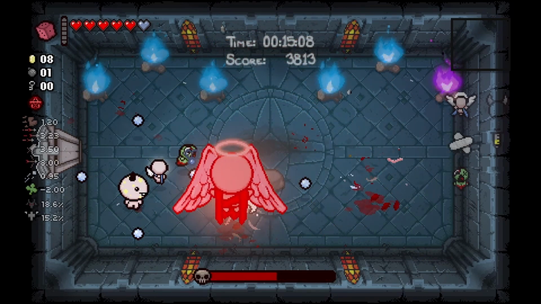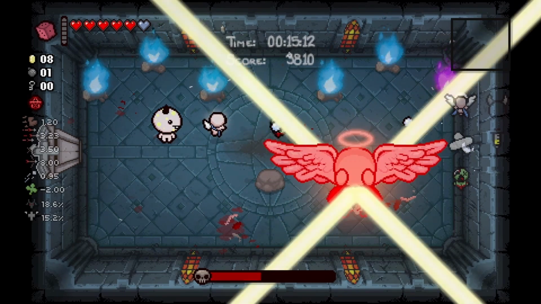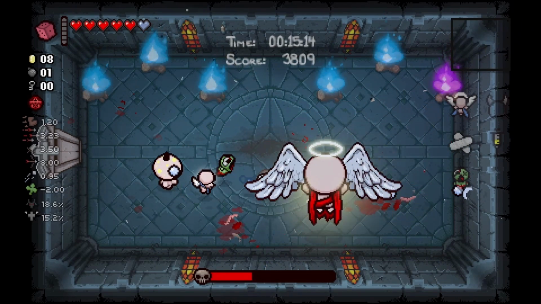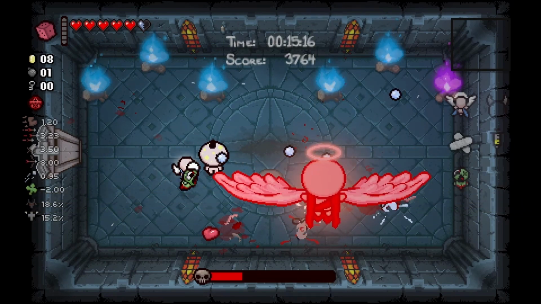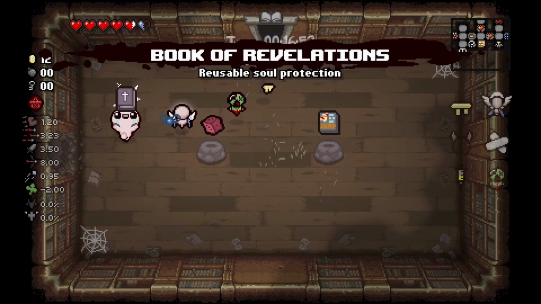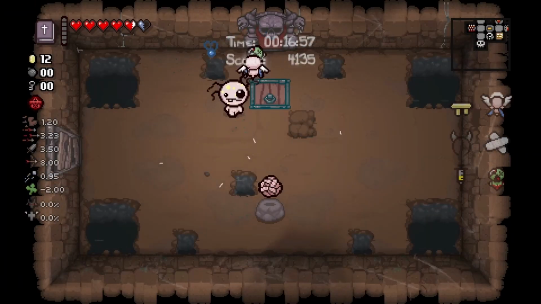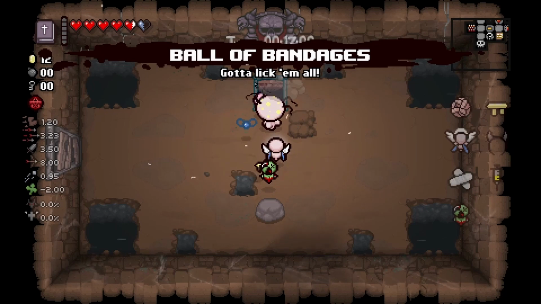The reason I'm doing this is because he drops one of the 2 key pieces needed to fight Mega Satan, and if this run goes really well, then I will be able to kill Mega Satan, but he's a pretty difficult boss. I'm gonna say goodbye to the D6, and also we've skipped 2 item rooms now, which is never usually something I would want to do, like ever. But I don't really have a choice, so